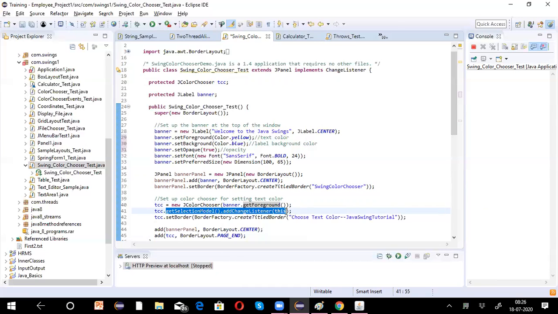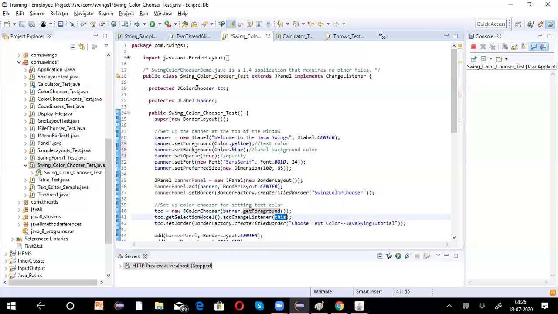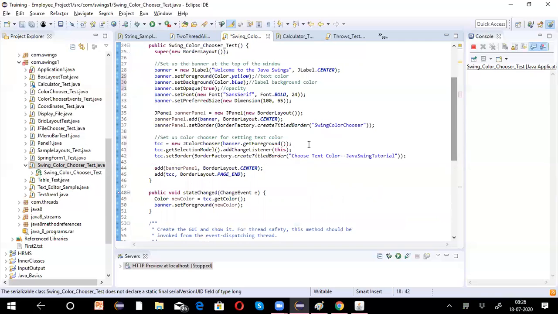Get selection model dot add change listener, this. This again refers to the current object, which is JColorChooser test. So if you make any changes on this color chooser, you handle those events. That is the meaning here.